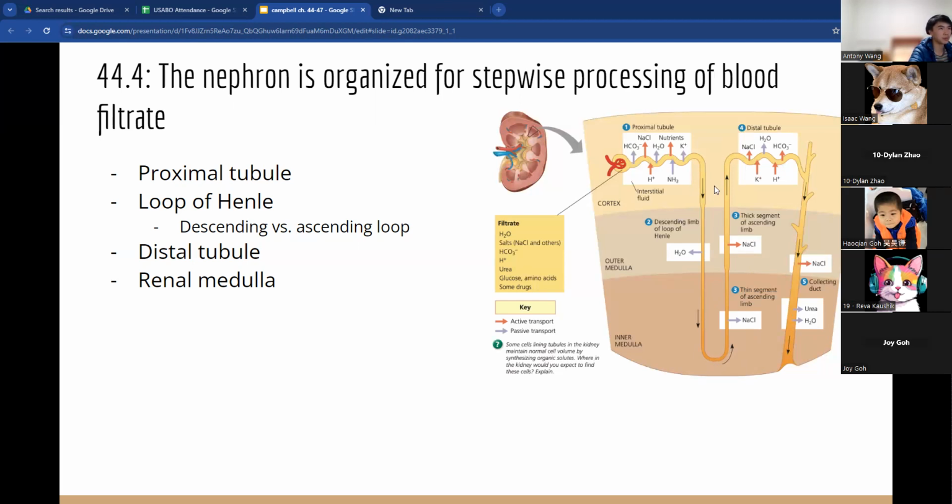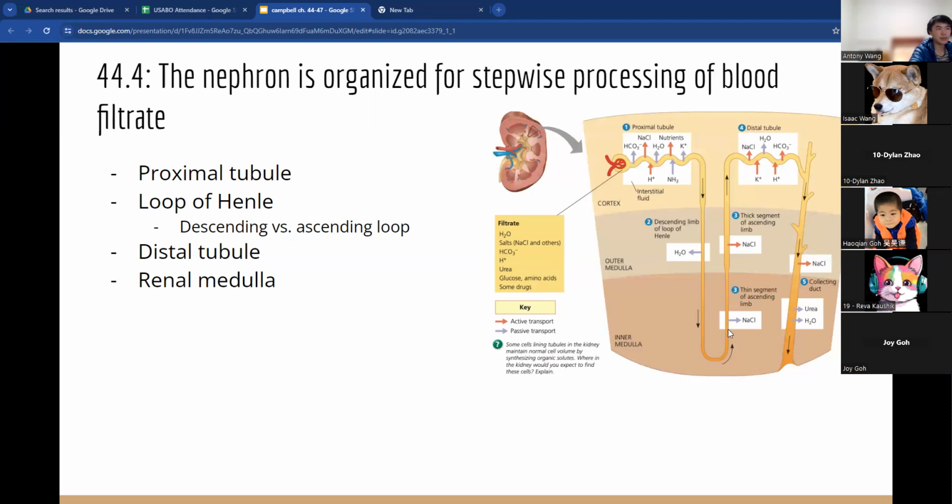as near the top. And this is important because let's say your filtrate is moving down, and as it's moving down, it starts to encounter a hypertonic environment, right? The outside has more salt than the inside, and so it will lose a bit of water. But as it keeps going down, even though it's losing water and becoming more concentrated, the outside is also becoming more concentrated. So it keeps on losing water all the way down until it gets to this point,